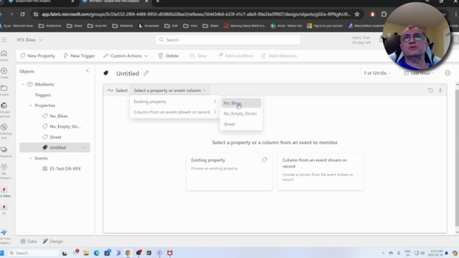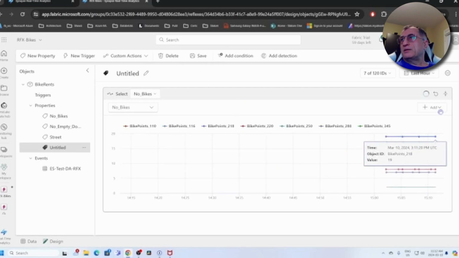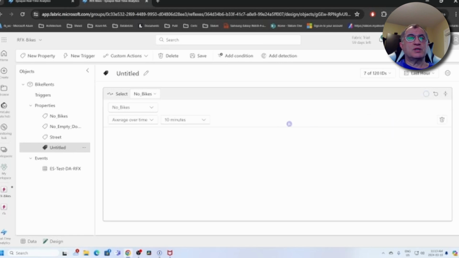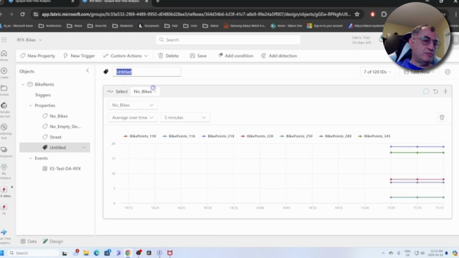So I'm gonna select number of bikes from here, and then I'll say summarize average over time. So we have other aggregate functions as well, maximum over time, sum over time. But for my purposes, I'll just select average over time, and I'll say aggregate over each 5 minutes. And I'll name my property